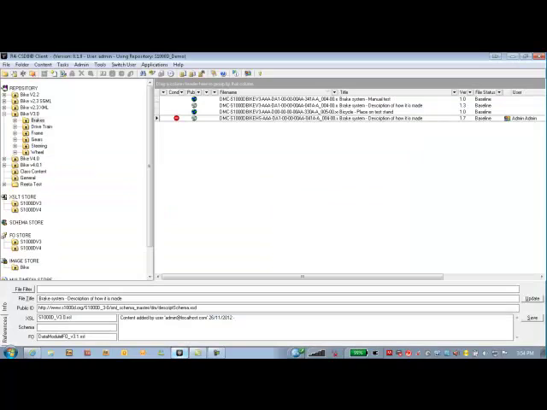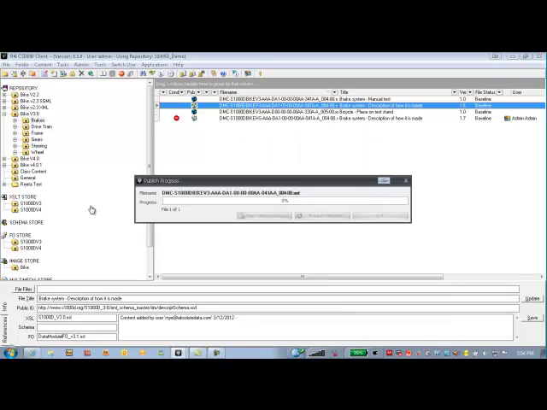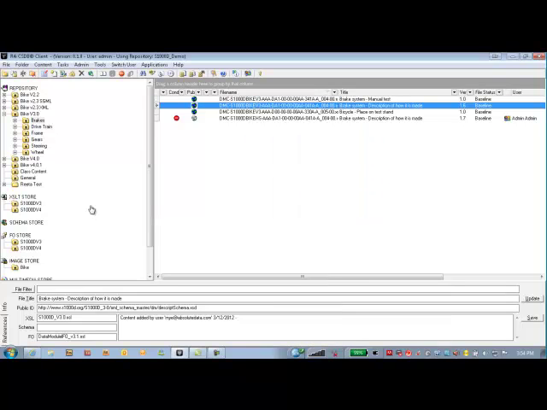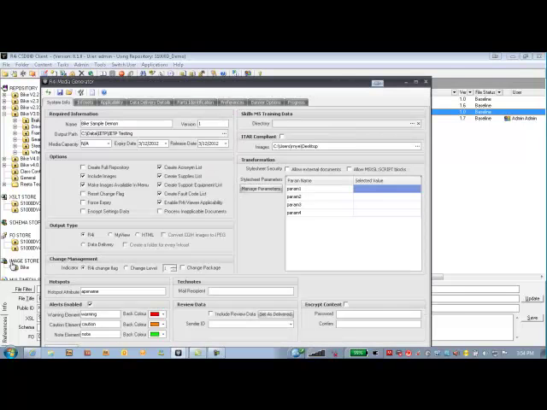Inside the CSDB, here's my content here. And this is the data module that I've been working on. So inside Workbench, when you check in a data module, because it still needs to be approved for publishing, you can see here that it's currently not published, so we'll publish that content. And you can now see that the data module has been published, so that means it's going to be included in my next IETP. So we can then create our IETP,